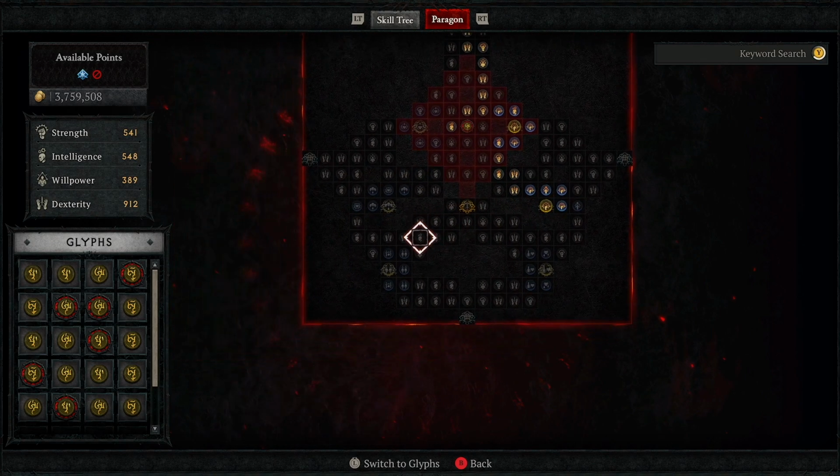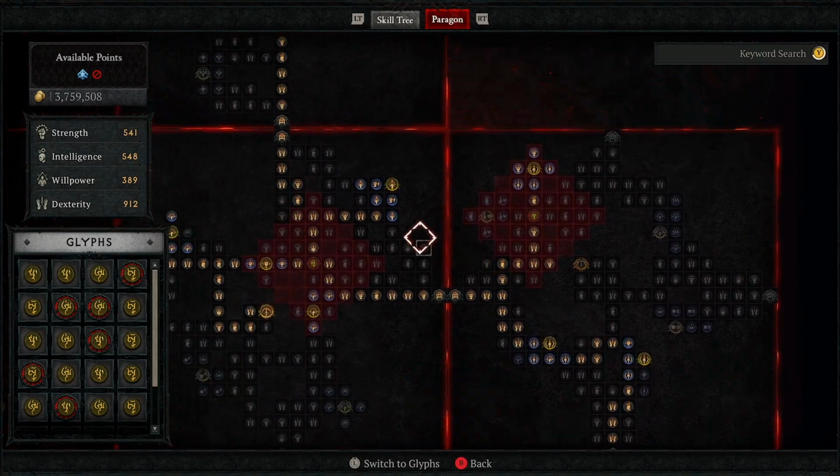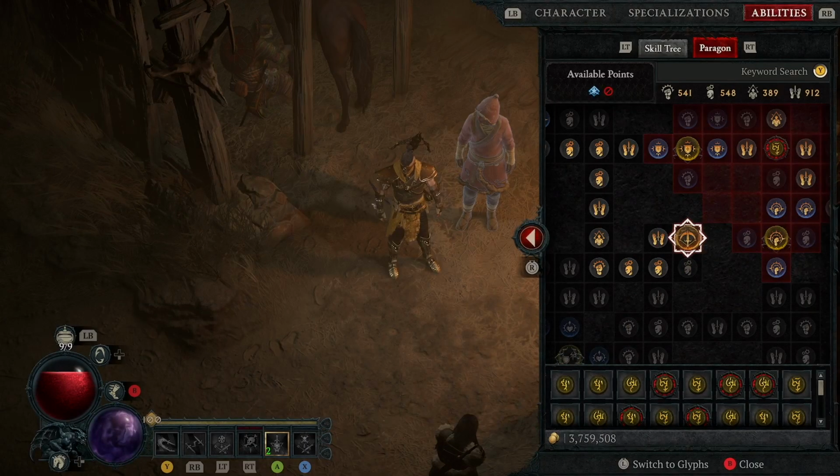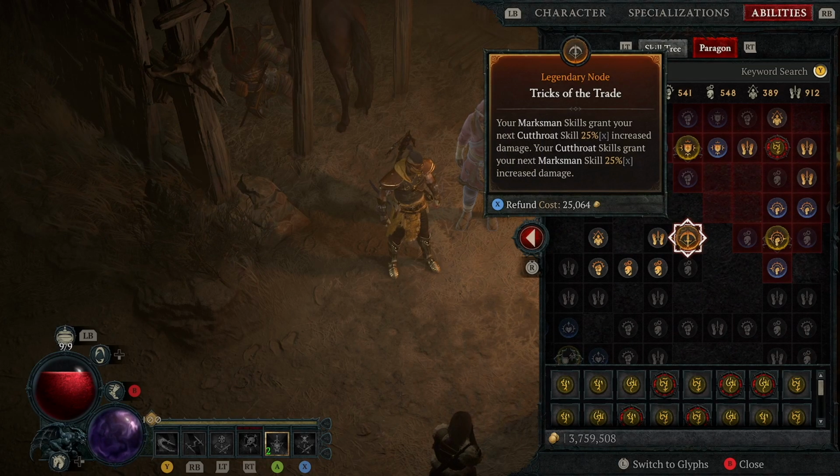But again, there are multiple ways you can switch this setup. We have extra damage to elite. You can use more damage in your ambush skill tree by